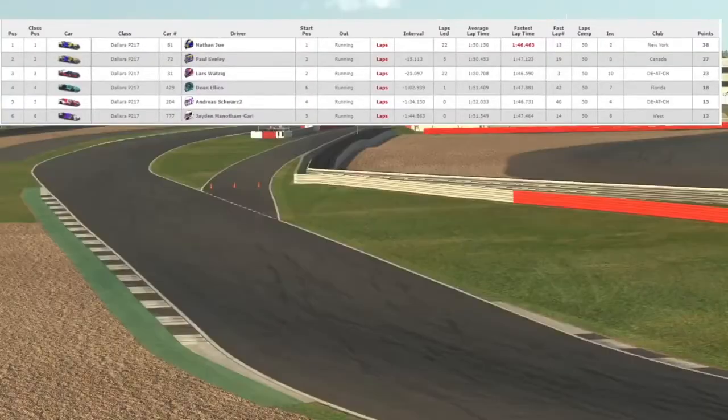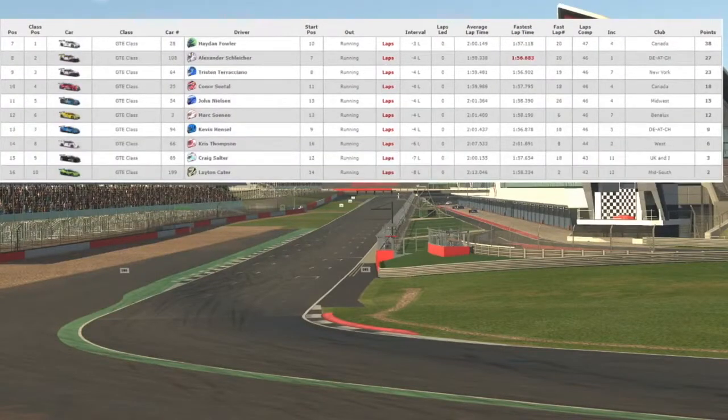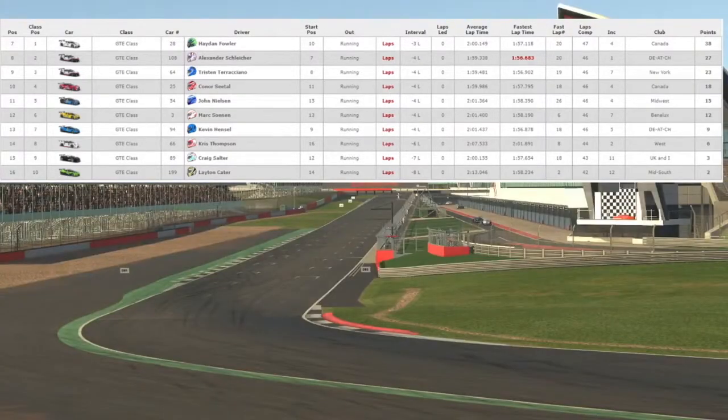Here are your LMP results as Nathan Jew wins the season opener here at Silverstone. Paul Seeley 2nd, Lars Watzik in 3rd. Ellico finishes 4th ahead of Andreas Schwartz and Jaden Manathan Guerin. The GTE class, an incredible finish. Hayden Fowler wins over Alexander Schleicher and Tristan Teresiano. That's your podium. Connor Seidel comes home in 4th place ahead of John Nielsen, Mark Sonnen. Kevin Hensel